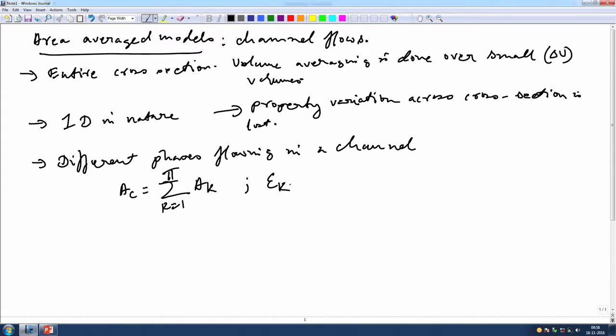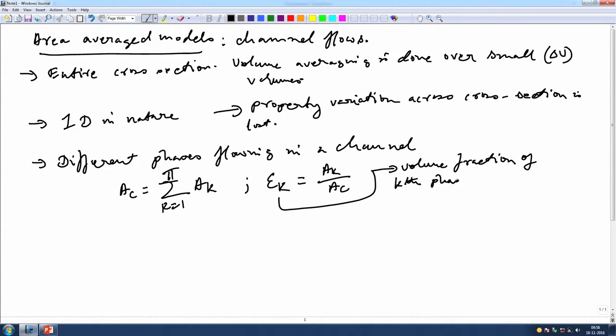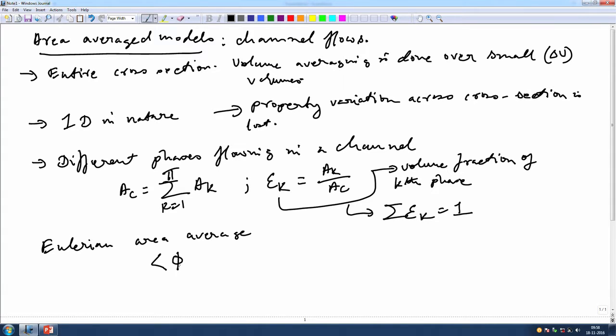Similarly, epsilon k, which is basically the volume fraction of the kth phase, is given by this. And it comes with the natural consequence that if you sum total all these epsilon k, it will become 1. So, if you do an Eulerian area average, if you recall all the notations, this is basically given by this,